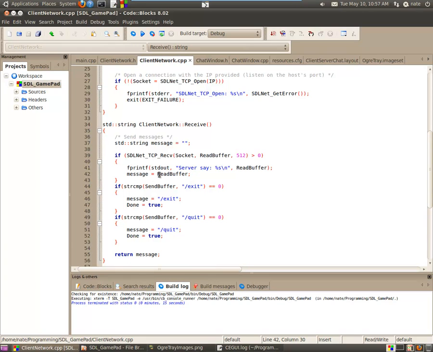Alright, and then message here from the read buffer, we're storing the information that was read in from the server, and we're dumping it directly into the message. And then from message, it's going to go straight back to our application. Now we do a few things here. We do want to exit our application upon receiving